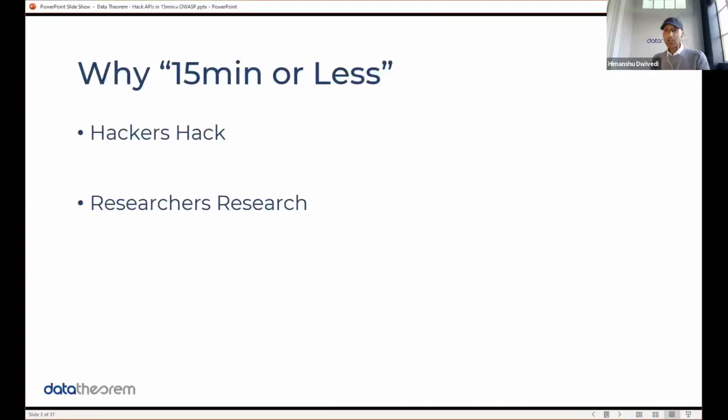So one thing I want to talk about, the main importance of this slide, is 15 minutes or less. The hacker community, and I'm not talking about the research community or even the professional community like Data Theorem, but the hacker community, is quite efficient. They have a lot of things to do, whether it's hanging out with friends, trying to get their driver's license, or eating a bag of Cheetos. They're a very efficient crew. And so 15 minutes for a target, unless you want to take down that target or unless it's a nation state, 15 minutes is about the maximum time you're going to have a hacker going after you for a drive-by attack.